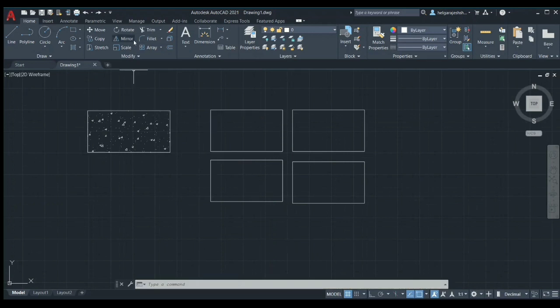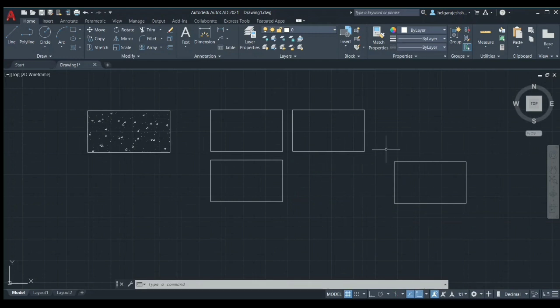Now we are going to learn about the mirror tool. So I am selecting the mirror and now I am selecting my object and now I have to specify the point from where I have to create its mirror image. So I am selecting that particular point, moving my cursor and you can see the mirror image that is created. Now I am left clicking and here it is asking me whether to erase the source object or not. So if I click no, the source object is retained and if I click yes, the source object is erased.